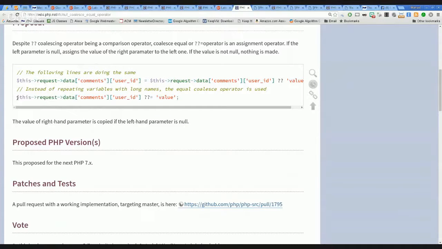So if this value is null, it will assign this default value. And there will be this new operator that represents the new coalescing assignment. I don't know if this would have very widely disseminated use, but I can see the use cases.